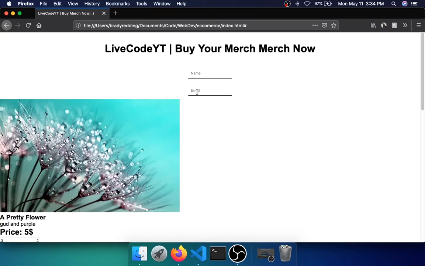So yeah, that is it for this top part right here. As you can see, CSS is really powerful in combination with HTML. It makes stuff look really cool. So yeah, this is already looking so much better. Put your name in, email,